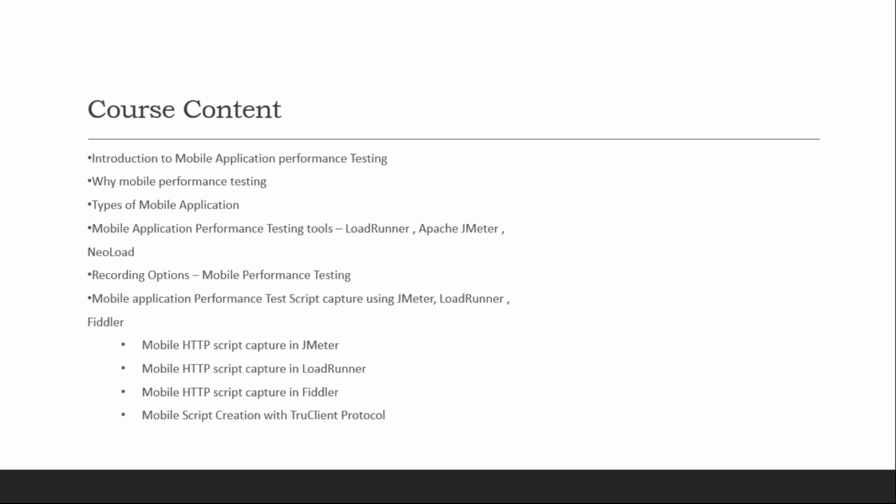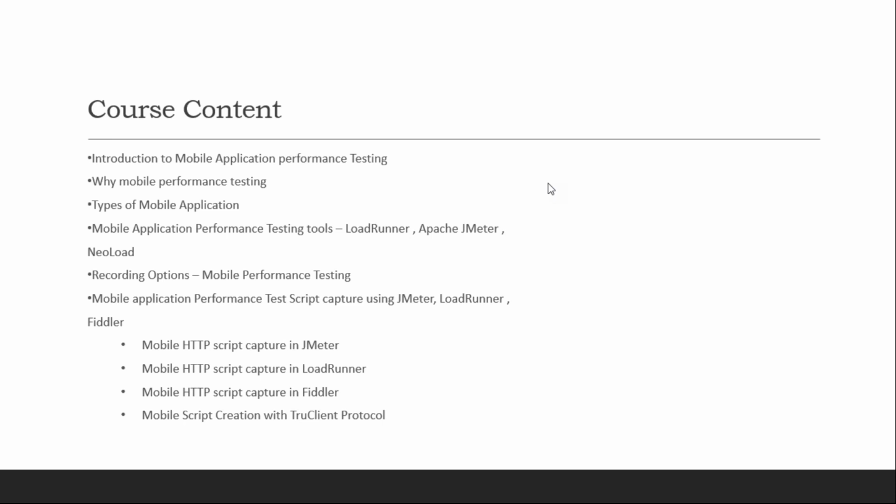So we'll come back. In this course content, what we are going to cover is the types of mobile applications. As I mentioned earlier to Varalakshmi, there are three things: native, hybrid, and web app. Those who are not talking, please go on mute. So native, hybrid, and then the web app. Basically, these three only will be there.